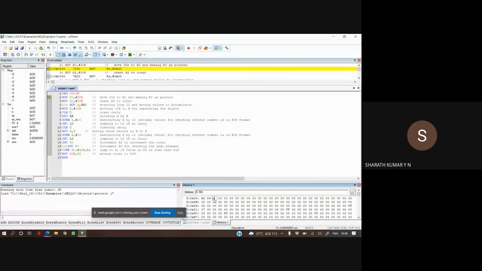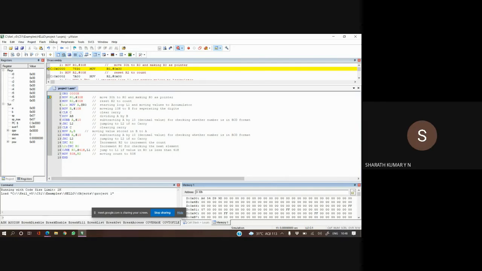Right click on the first location, modify memory at 38, so you can continuously enter the data. Yes, sir. Here I can give 17 values, so I have given 4 values which are not in BCD format.